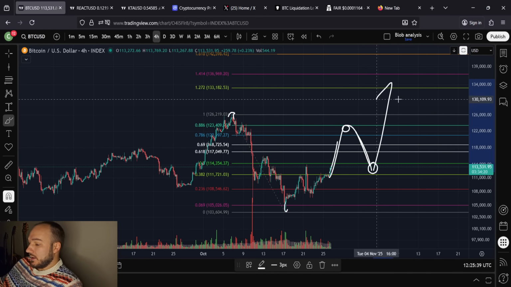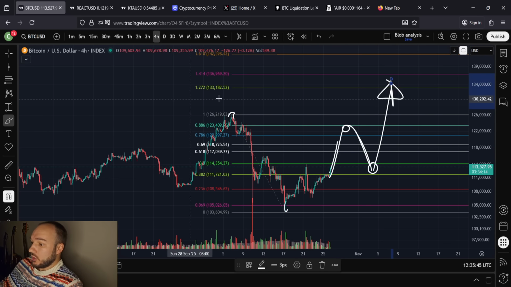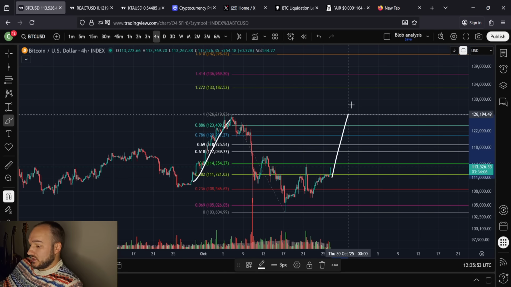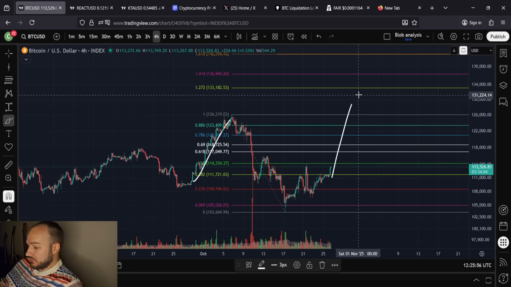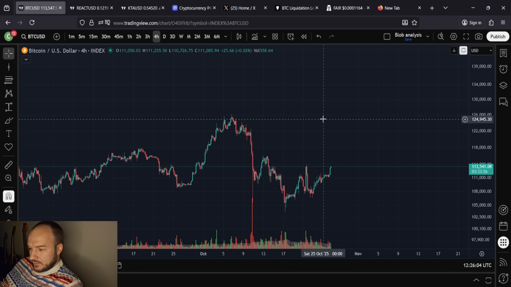I'm fine with that. But regardless, I would think early November, the way that I have this drawn here, this is like the 7th of November. Early November, we should be at new all-time highs. And there's quite a possible scenario where we move faster than this, and we could even see new all-time highs by the end of the month. The end of the month is right here. We could see new all-time highs by the end of the month. Time will tell. Let's see.